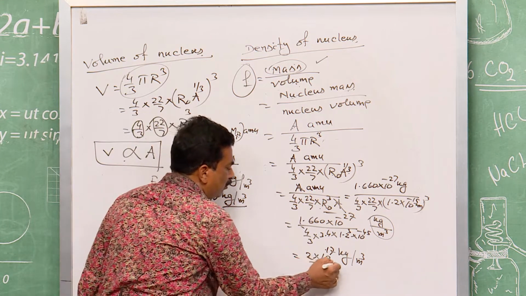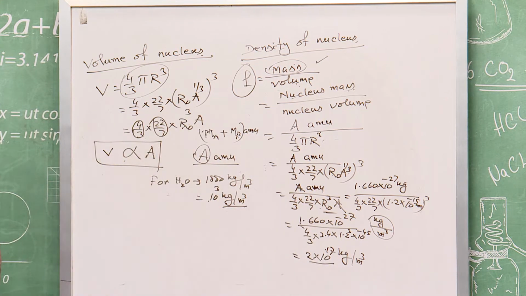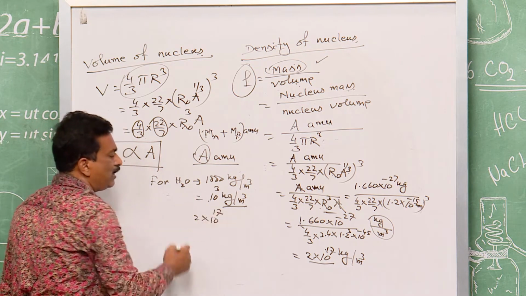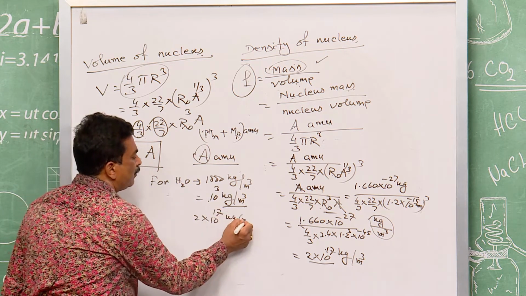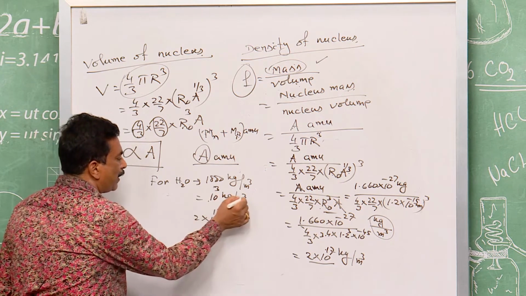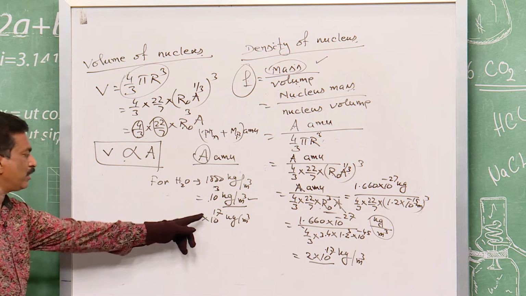But for the nucleus, that is equal to 2 into 10 to the power of 17 kg by meter cube. So, if we compare these two, in comparison to water, the nucleus